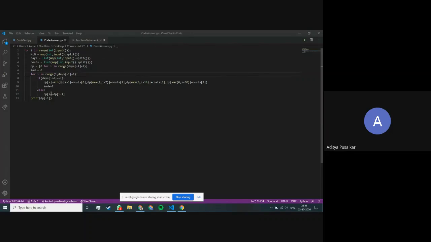And if the current platform is not in the list, that is, it is already safe, so we don't need to use any new spells, and we can simply say that the cost till the previous position would be the same as the cost till the current position. And then at the end, we simply output the spell value at the last position, that is dp of -1, which will be the minimum cost till the last platform is made safe.